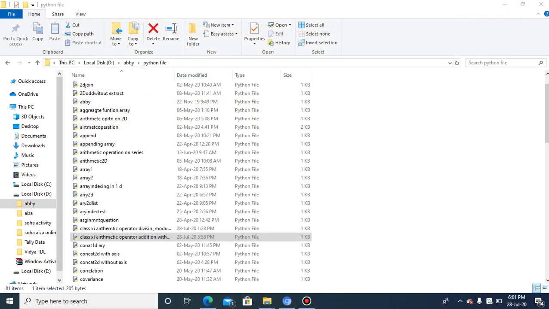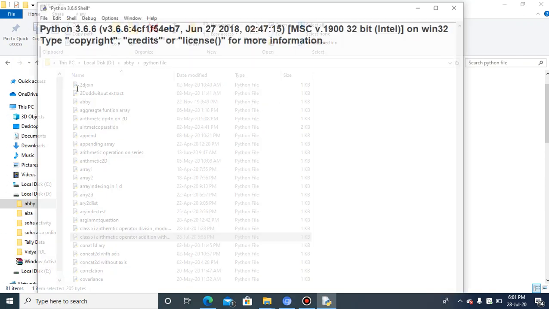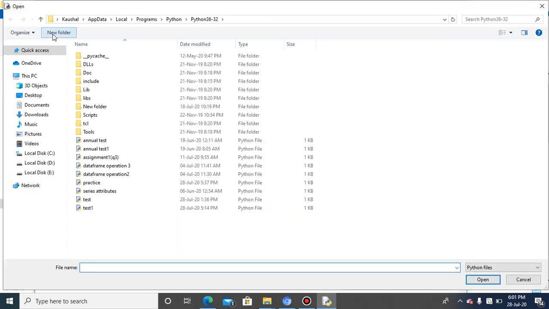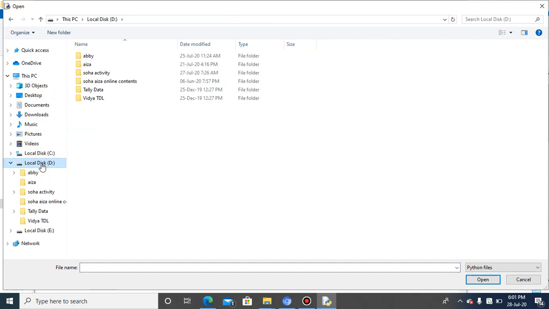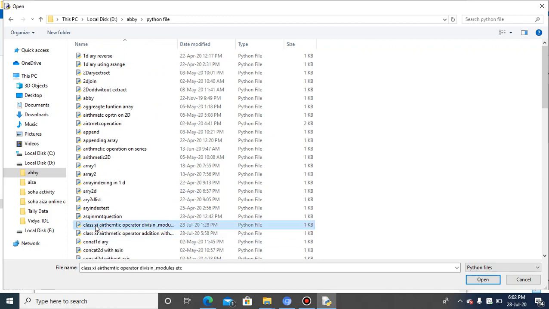So you can do one more thing. If it is not opening, you need to go to the IDLE. You type IDLE in the search box and you can open it from here. If you already know where your file is, then you go to the D drive, and my file is located here. So I am coming here with the file name, Python file, and this one.